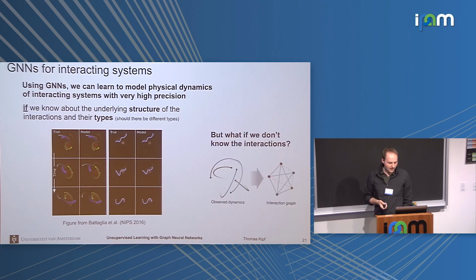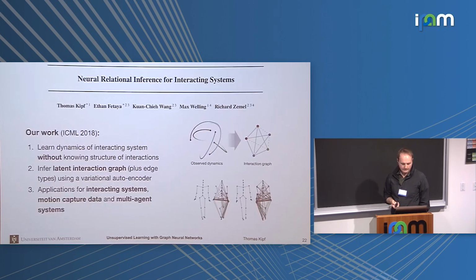But we looked at this and thought, okay, what can you do if you don't know these interactions a priori? Can you build a model that has a two-step training phase, one where it tries to discover the actual interactions between particles in your data, and then predicts the future dynamics given this interaction graph that it discovered? That's a paper we had at ICML last year with Ethan Fetaya, who was an equal contributor on this project, and several people from University of Toronto.